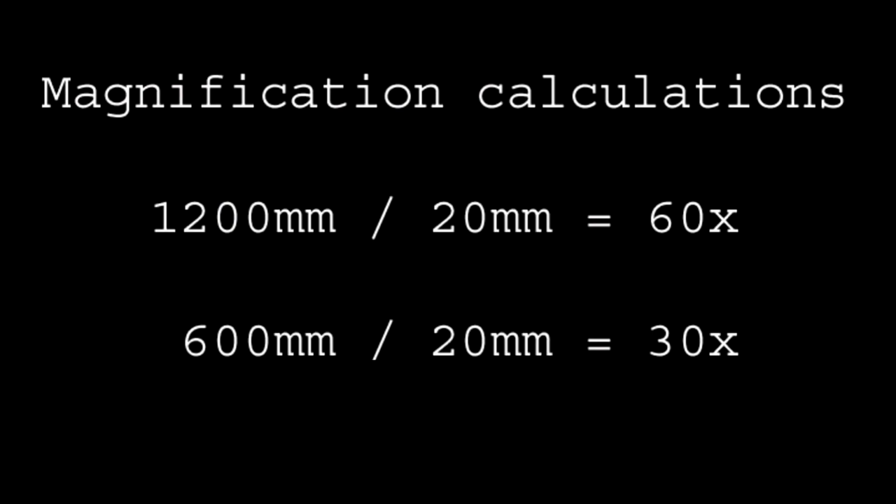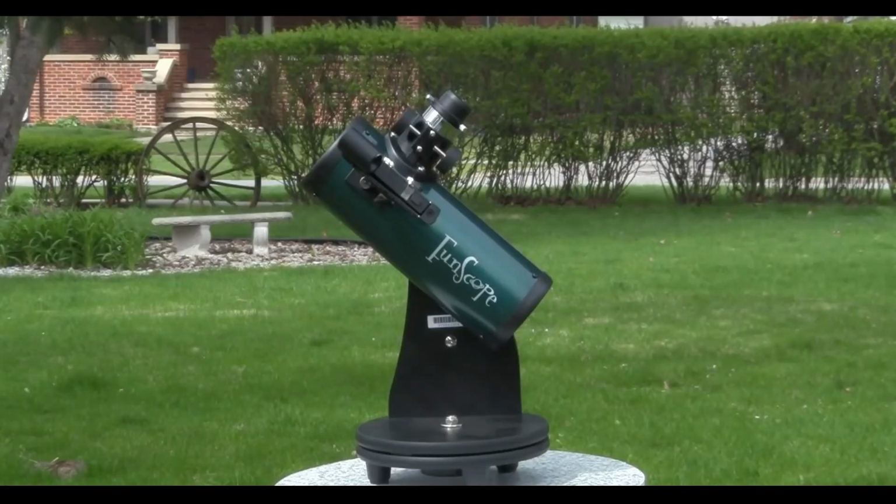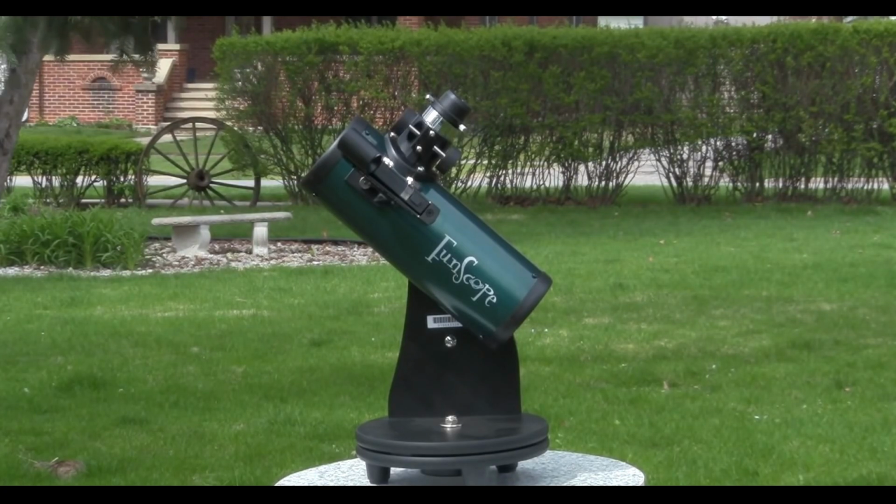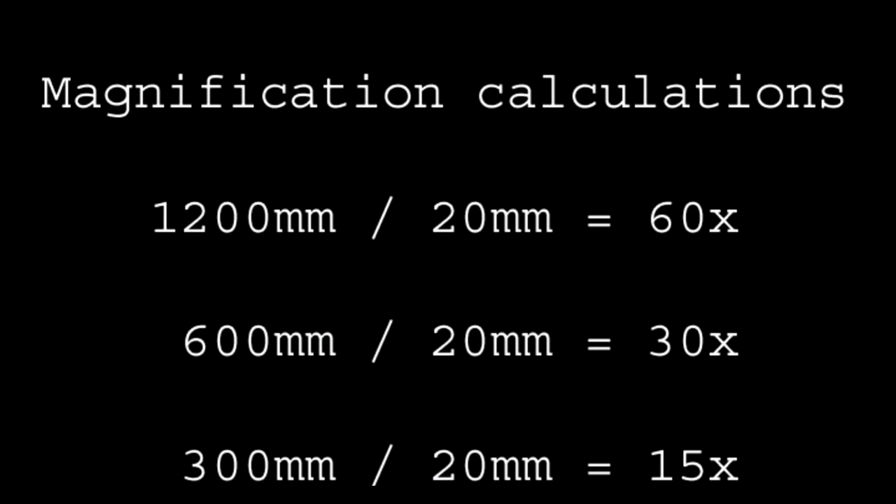Now wait and think for a moment. If we reduce the eyepiece to 10mm instead of 20, we will see an increase in magnification. The 1200mm one will give us 120 times magnification, 600mm gives us 60 times, 300mm gives us 30 times magnification. But you see, there is no change in ratios. Why is it so? Can you guess the answer? So get down in the comments and try it by yourself. In the next video, I will be explaining why.